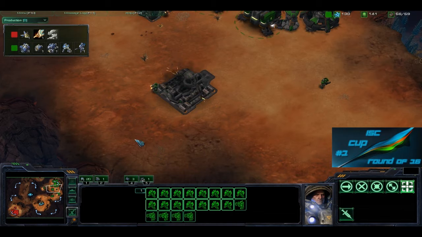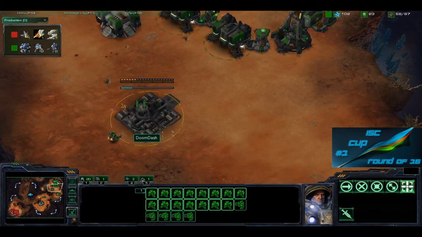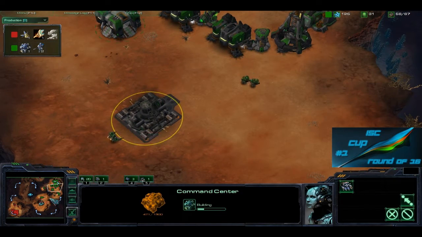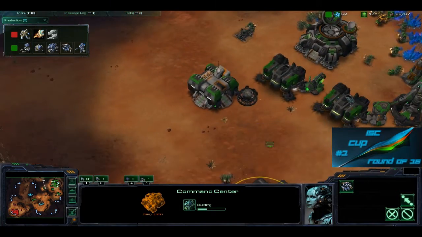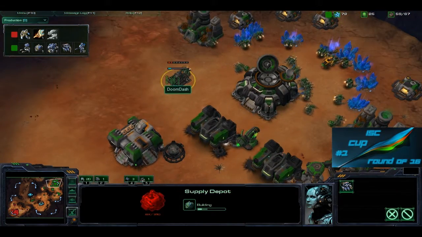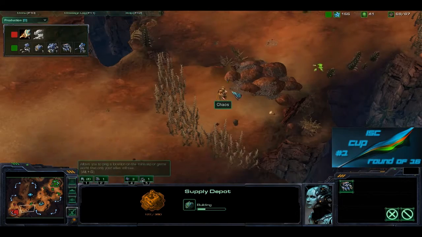Yep. So we got two big armies, well, two relatively small armies, but they're working on each other. We do see Zealot charges going up, as well as a second command center right here. So DoomDash looks to be pushing out, and if he survives, he'll probably be expanding right down over here. He might be expanding regardless, but we got two ghosts coming out. Like I said before, very important for playing against Protoss, taking out those shields. And as he